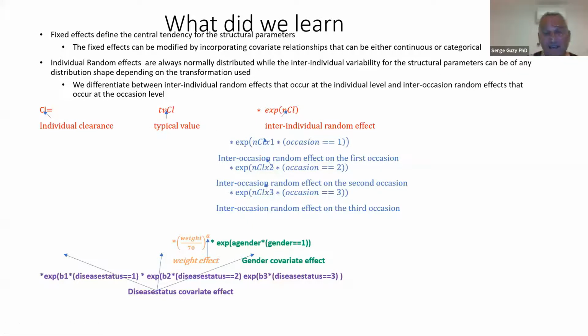If you test inter-occasion variability and you see that systematically, you see that NCLX1 is positive, NCLX2 is almost 0, and then NCLX3 is completely negative, then apparently you messed up. And what you have, it's not inter-occasion variability, but it's really a trend, which is what could happen if the clearance change with time, for example. But the clearance change with time, it's information, it's a trend. In that case, you should model that trend and put in your equation the clearance change with time. And again,